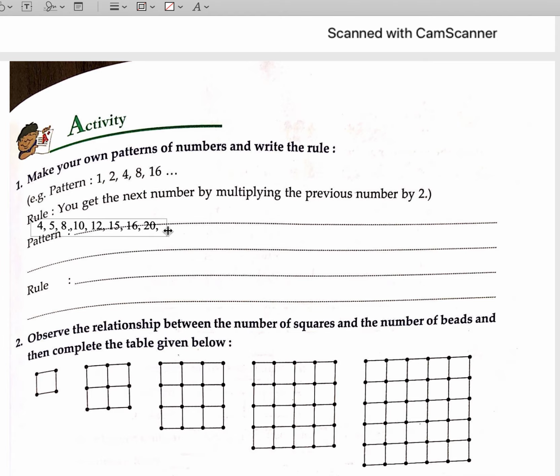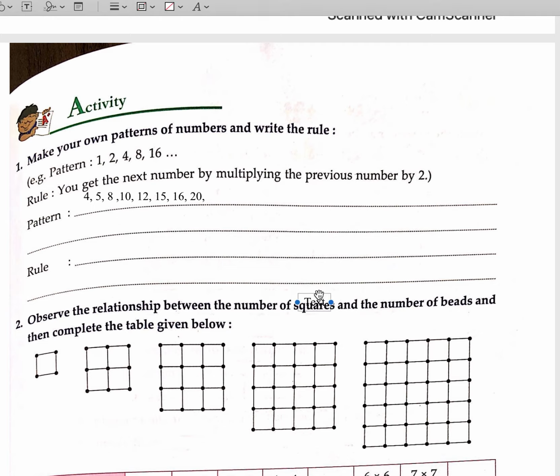Then here there's another pattern, as there can be two patterns. The first pattern will be the multiples of 4 consecutively, so 4, 8, 12, 16, and the next can be 5, 10, 15, 20. But another pattern would also be that the difference between 4 and 5 is 1, between 8 and 10 is 2, between 12 and 15 is 3, and between 16 and 20 is 4, and so on. So now we will write the rule, which is multiples of 4 and 5 written alternately.